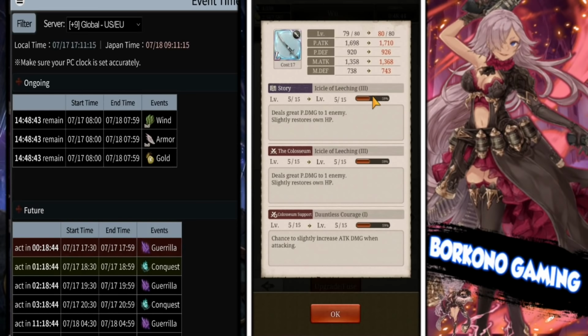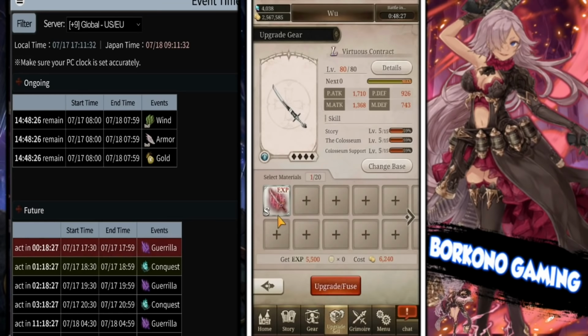And then as far as efficiency goes for when you should use weapon EXP fodder, at level 66 you should start using S only. At level 44 you should start using A's only. But like I said, you should never use B's and C's. Ideally, you use A's and S's only, and you will be much more gold